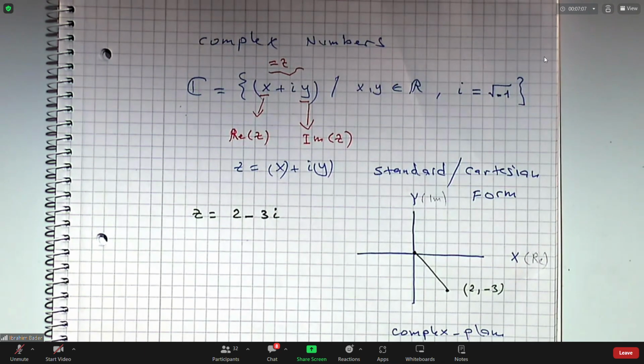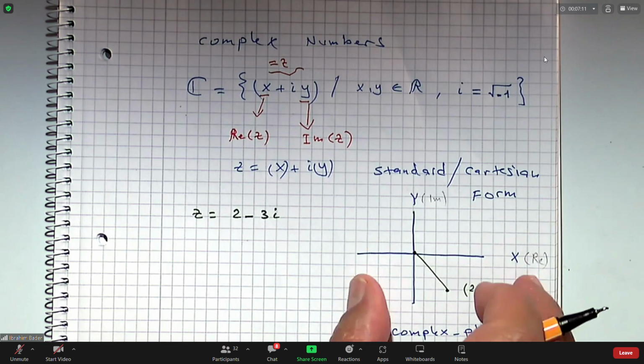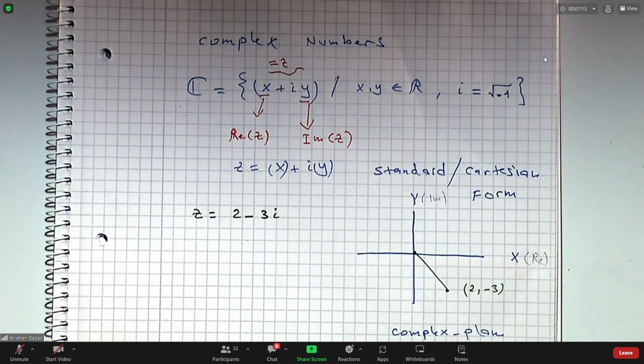Now you see here some similarity with the two-dimensional vectors, right? So here, if you like, you can consider. We'll see that many calculations actually follow the